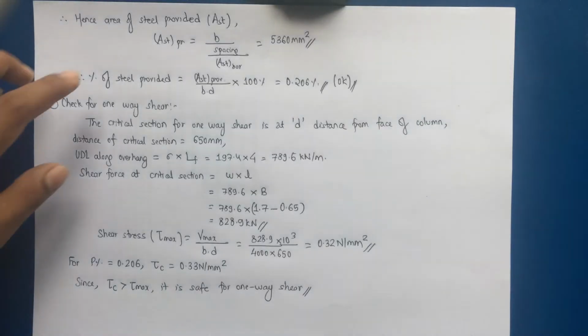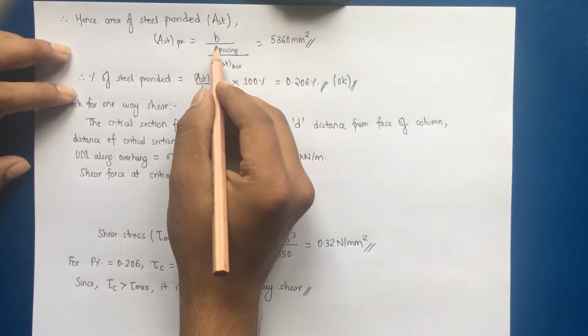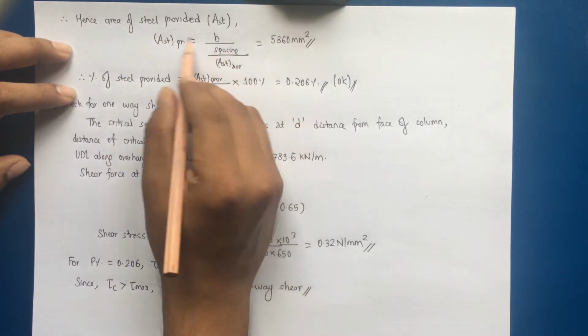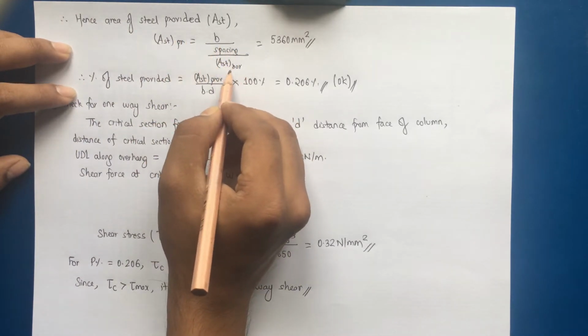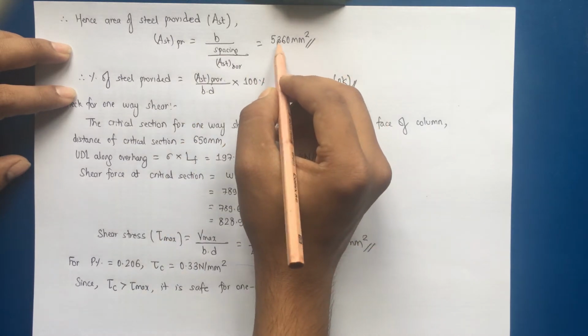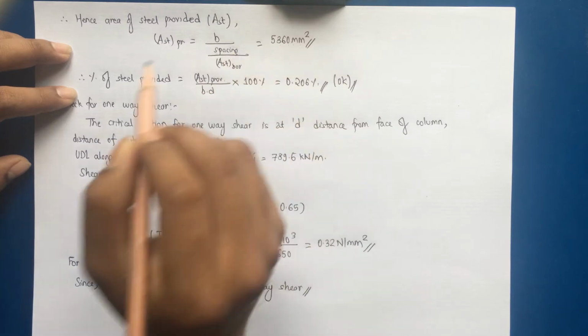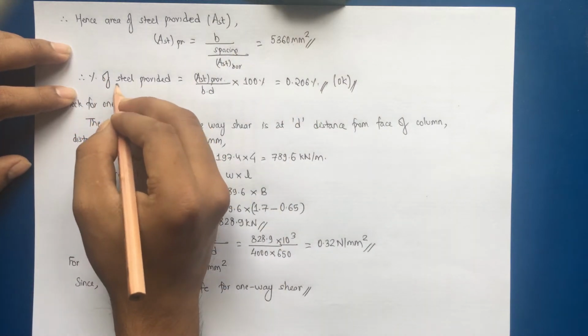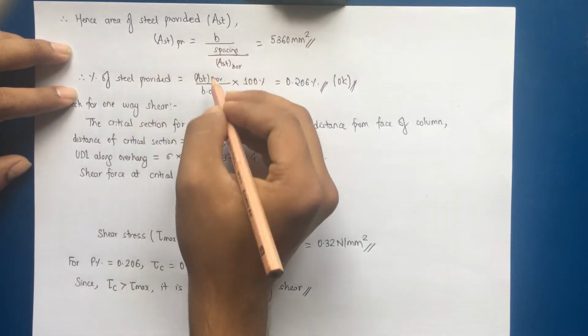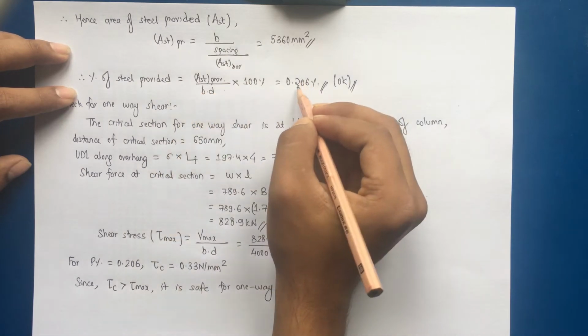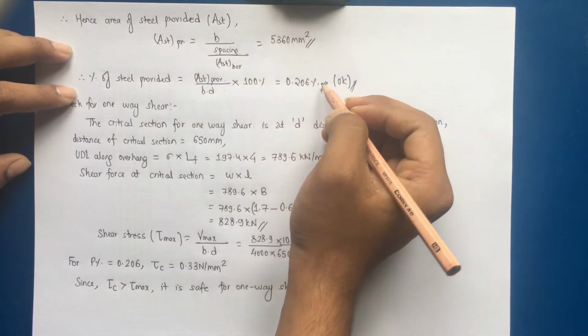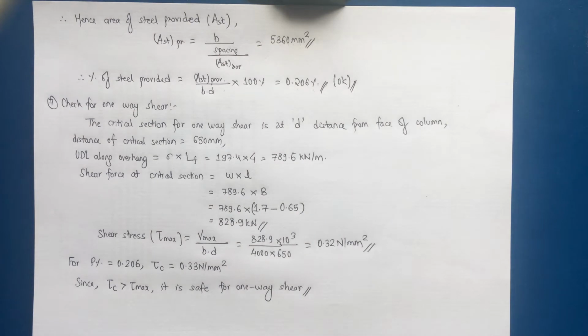So we get this equation: area of steel provided is equal to B by spacing. We have just cross multiplied, and the area of steel is per bar. This comes as 5360 mm square, considering spacing as 150. Now the percentage of steel provided is the area of steel provided divided by B into D. This comes as 0.206%, which is safe considering the nominal reinforcement, that is 0.12%, and one-way shear from the